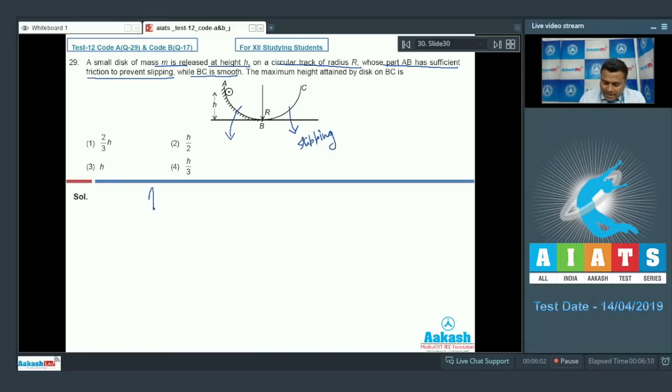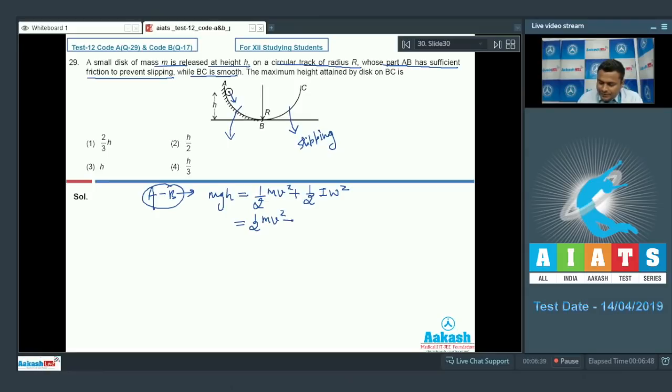Now from A to B, suppose energy will be conserved. Total energy at A, that is mgh, must be equal to total energy at B. Since the particle is performing rolling, it will have translatory as well as rotatory motion. So translational kinetic energy as well as rotational kinetic energy: half mv square plus half I omega square. Putting the values,